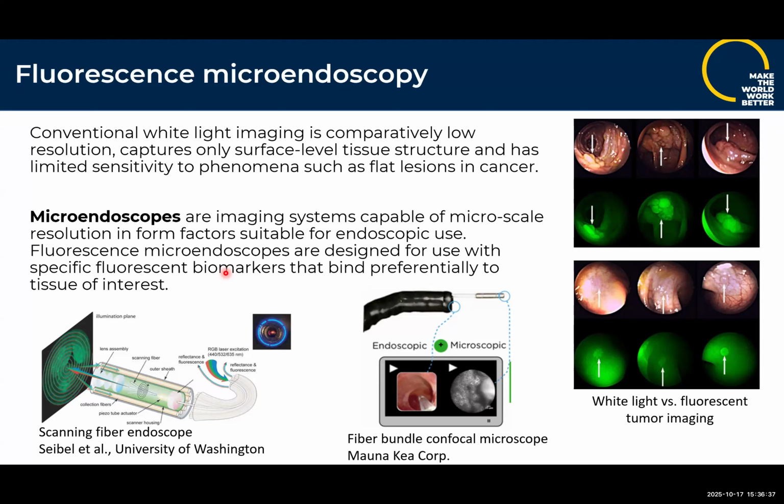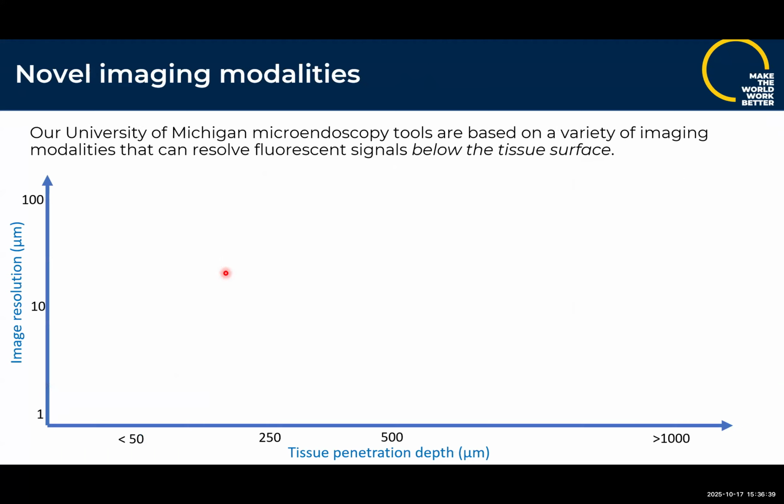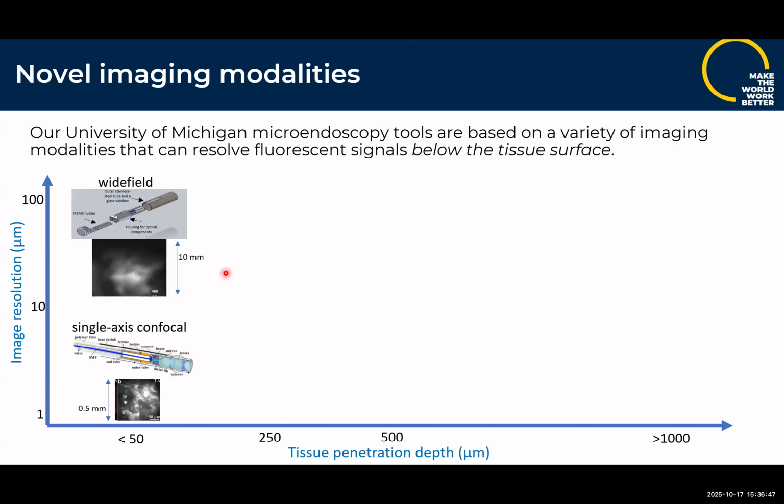There are a couple limitations to them. One of them is that they only really image on the surface of the tissue. We do instruments that do that as well. We do instruments like the single axis confocal imaging, where laser is focused on a single point in front of the instrument. We even do much coarser resolution, wide field imaging, where we scan a laser across a large area